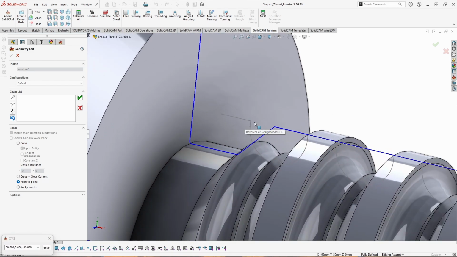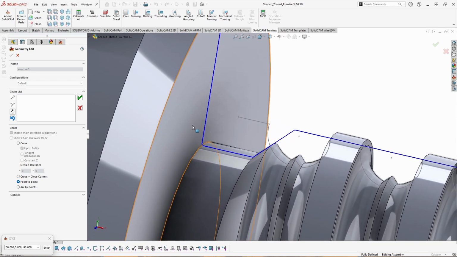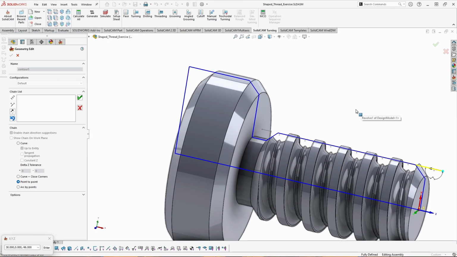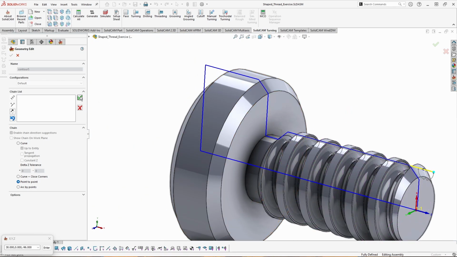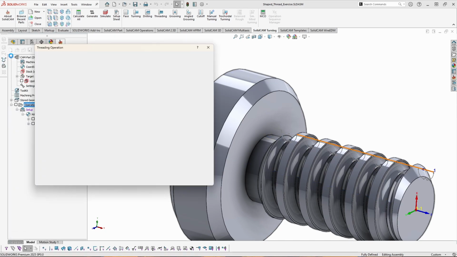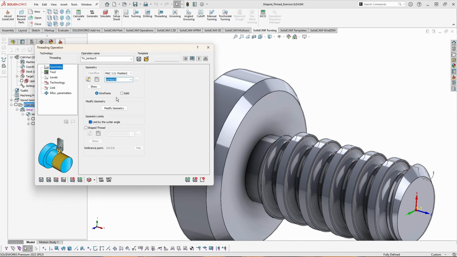Why? Because if we selected this point here, for example, this would mean that one more shape would be done here and we would cut out our target model. We can now confirm our chain and confirm the geometry. For a modified geometry, we don't need to do anything and we can move on to the section for shape